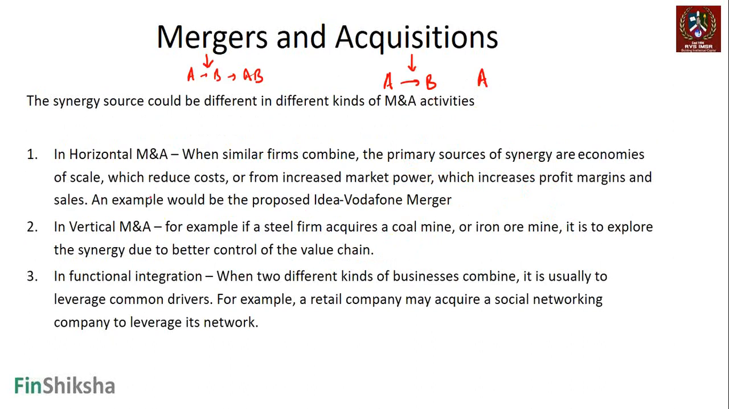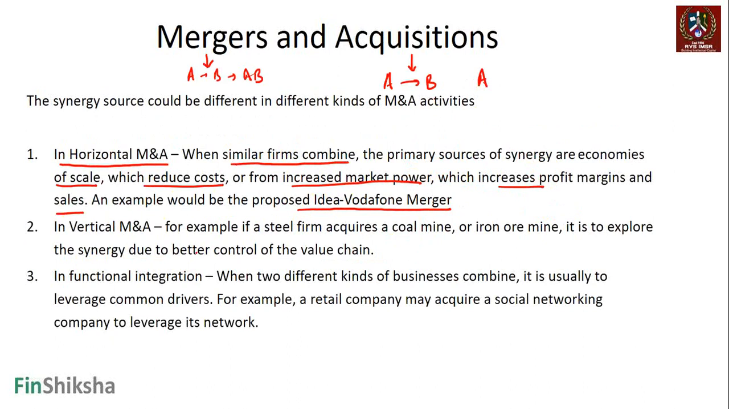Now, there could be three kinds of M&A activities. It could be horizontal M&A, where similar firms in the same kind of market combine. Primary sources of synergy are economies of scale, which reduce costs, or increased market power, which increases profitability and sales. The example would be the proposed Idea-Vodafone merger. This is an example of two similar companies in the market combining together horizontally, and the primary sources of synergy would be the fact that both of them combined would have a larger market footprint